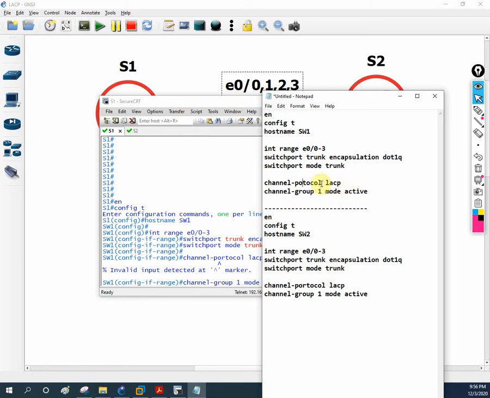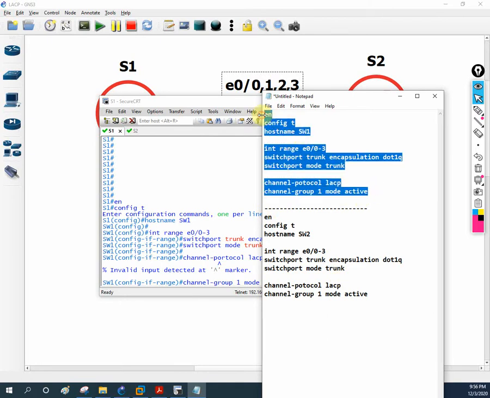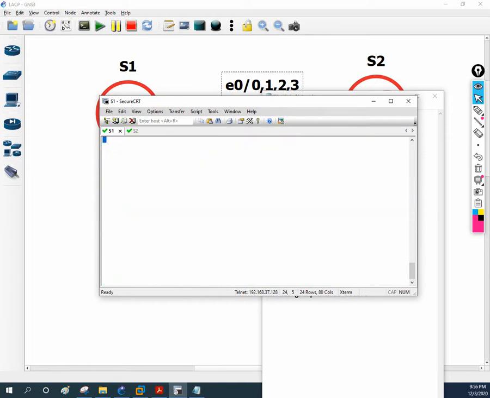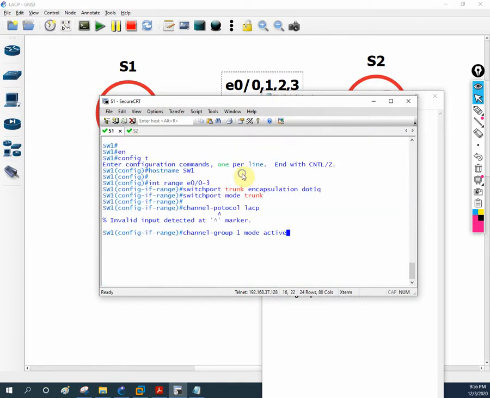So I will copy this one and paste it here in the LACP part. I will copy and paste in this step also. So now our configuration should be correct. I had a typing mistake, so let me copy and paste again and verify. Now let me exit, and paste that configuration in switch 1. Still I am getting an error here. I typed something incorrect, I